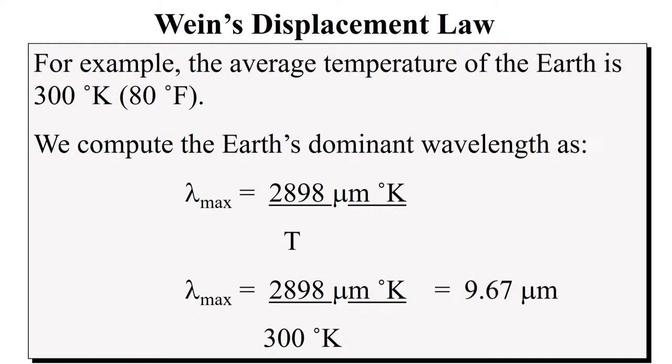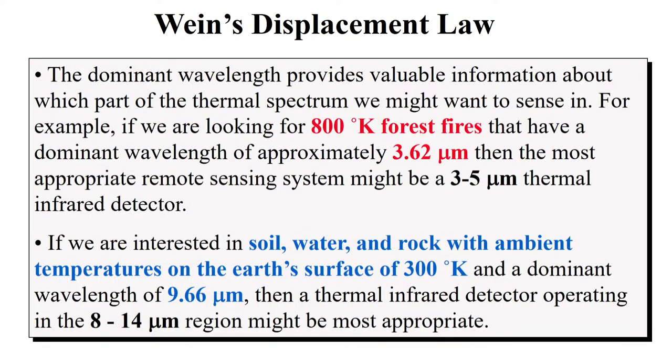When you calculate the dominant wavelength from the Earth's surface, it will be 2898 divided by 300 degree Kelvin, which is approximately 9.67 micrometer. It means that for imaging the Earth's surface, 9.67 micrometer is the most suitable, because this wavelength range corresponds to the average thermal emission temperature, that is 300 degree Kelvin. Similarly, if we are talking about a forest fire,